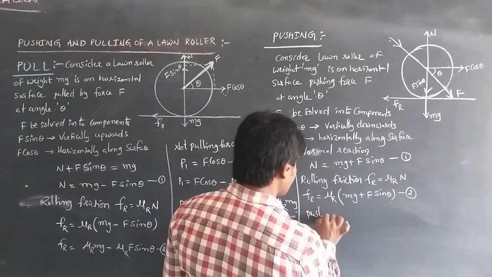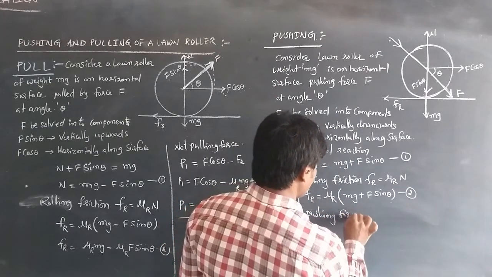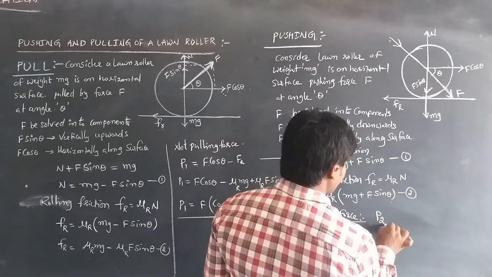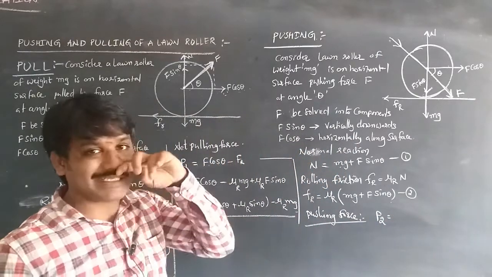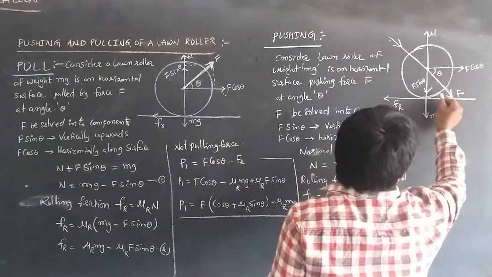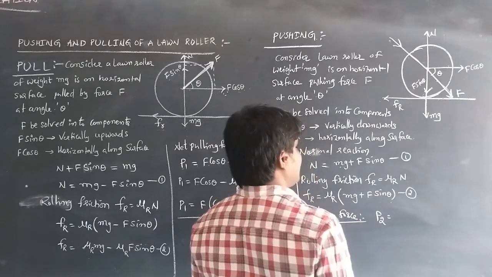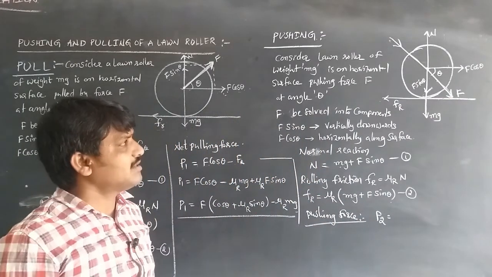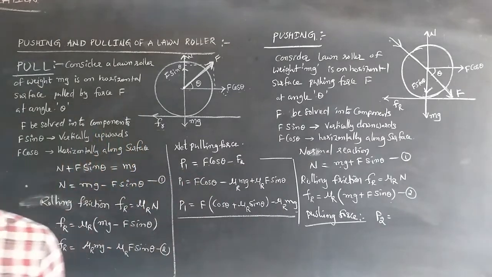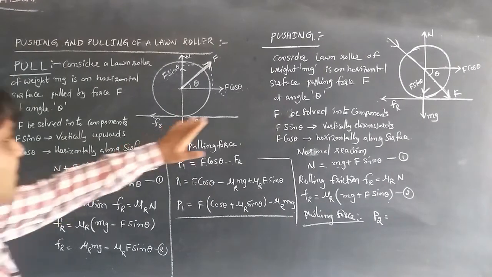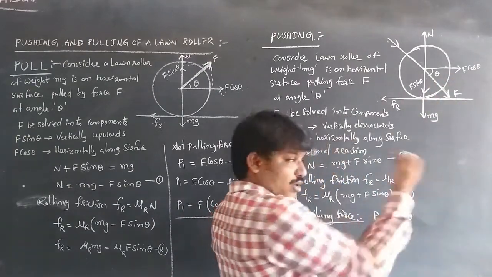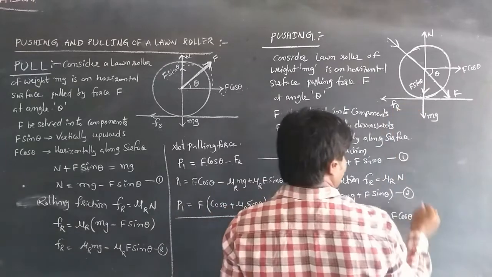Now the pushing force. The pushing force is considered as P2. Let's see. The body is moving along F cos theta, in the direction opposite to Fr, same as the pulling force, as we read earlier: P1 is equal to F cos theta minus Fr. So the same here: the body is moving in the direction of F cos theta, more than the rolling friction is acting. So that's why minus